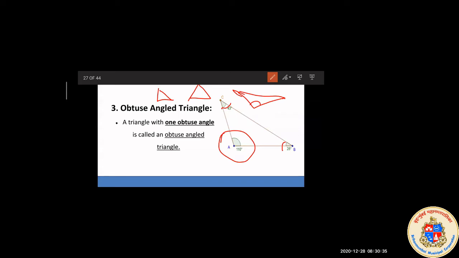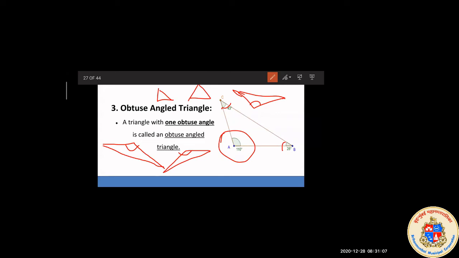So see here, the angle A is an obtuse angle. If you observe the angle A, according to the measurement, it is an obtuse angle. So we will call it an obtuse angled triangle. If I want to draw more obtuse angle triangles, it will come like this. This angle will be an obtuse angle. If I want to draw some more, see, this angle will be an obtuse angle. So these are obtuse, and you have to observe the angles.